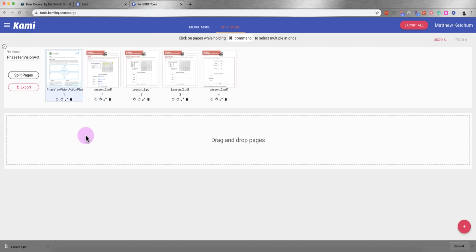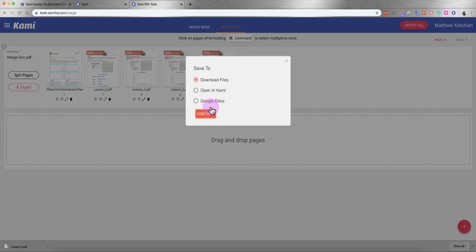Or I can make a new document, just like we saw with the split: drag down different pages that we want from the different documents here. It's a good idea to give it a new name and then click export. And it's the same process. You can download or save to your Google Drive